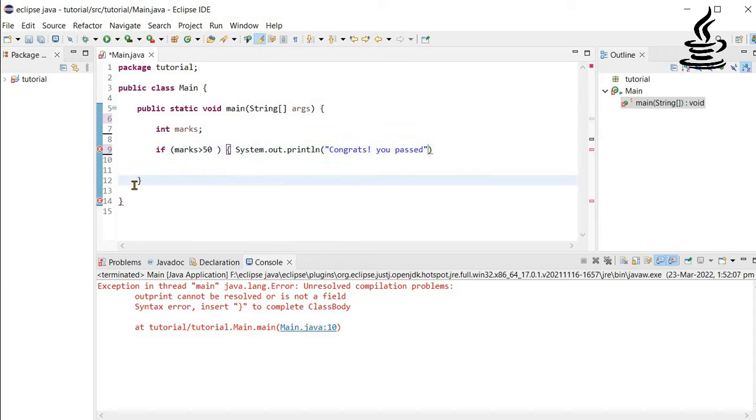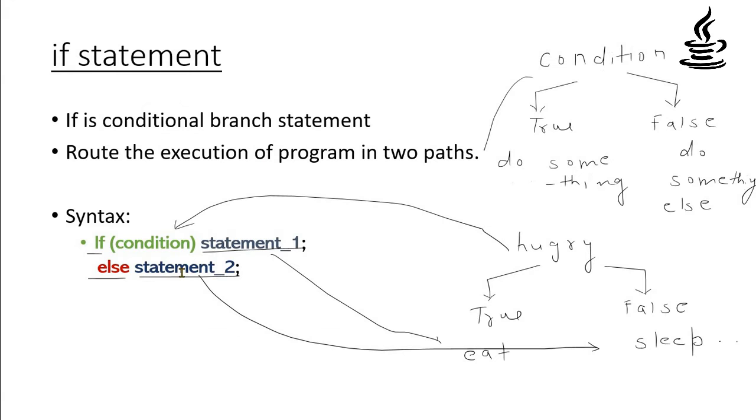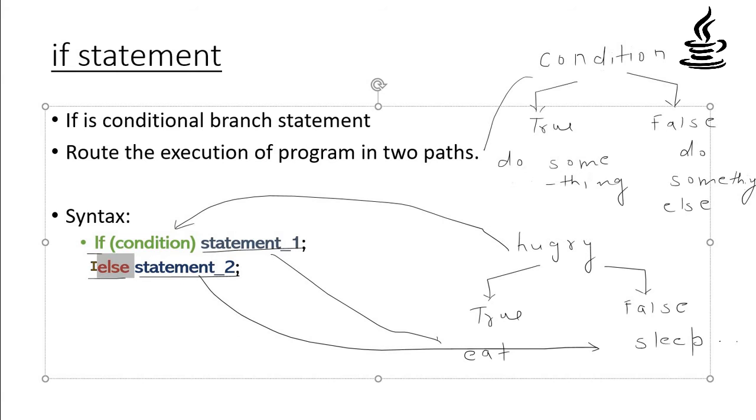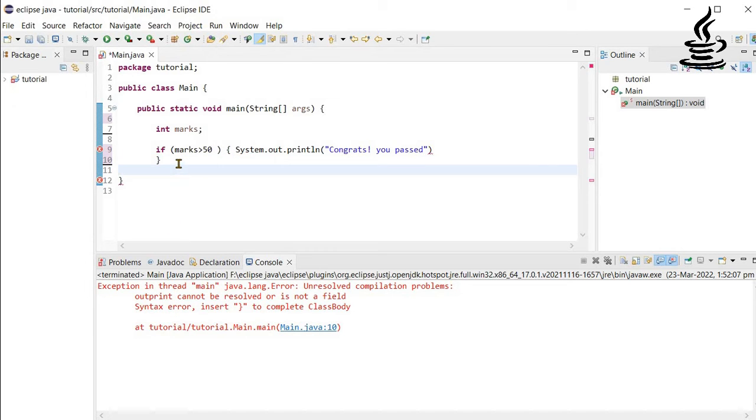And if this condition is not true, if you remember our syntax, we have to write the else keyword followed by the statement which will be evaluated if the condition is false. So we will write after these curly braces else,